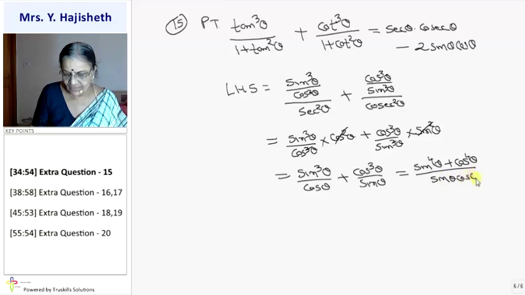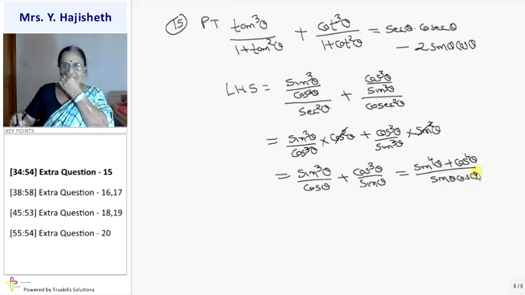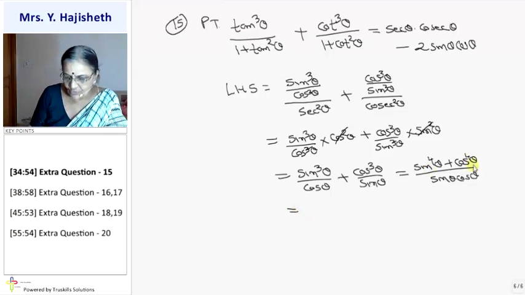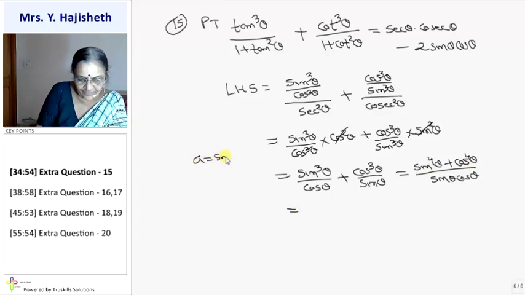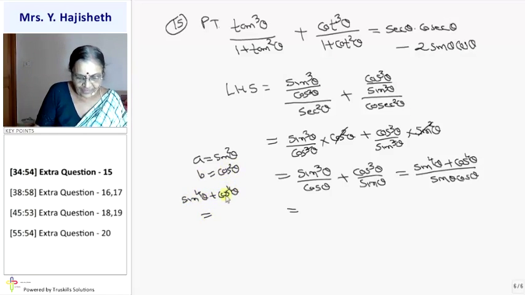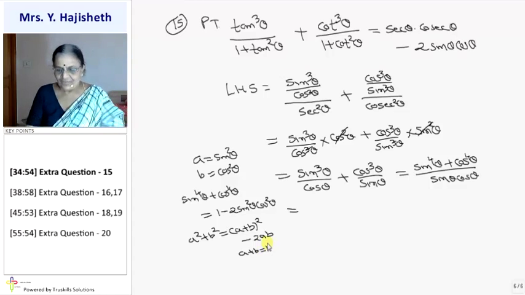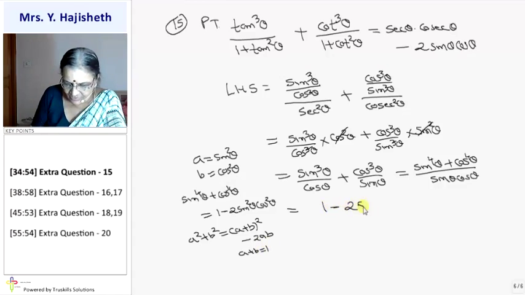Clear? Now I want to get my answer simply in sin cos and 1 by sin cos. So sin raised to 4 plus cos raised to 4. If I take A as sin square and B as cos square, as I just explained, then sin raised to 4 plus cos raised to 4 can be written as sin square plus cos square whole square minus 2 sin square cos square. So it is 1 minus 2 sin square cos square. Why? Because A square plus B square is A plus B whole square minus 2AB. But A plus B is 1. So I can write directly here 1 minus 2 sin square cos square